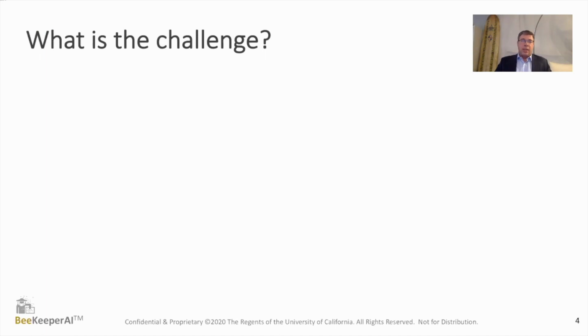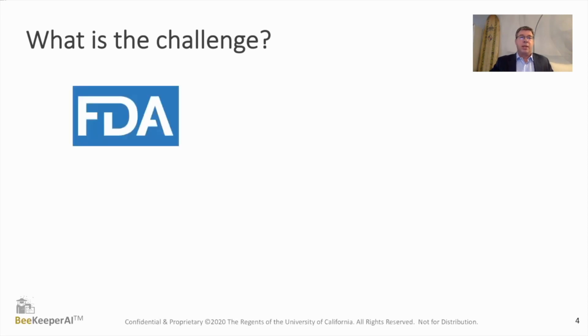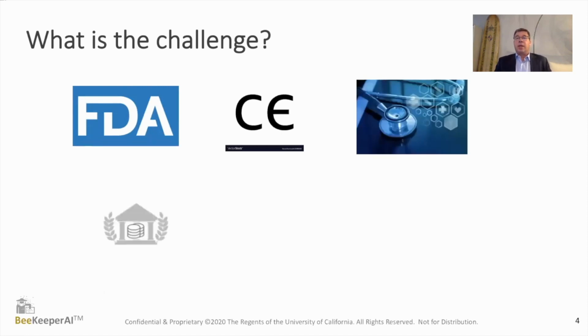So why is access to data a challenge? Well, first of all, why do we need the data? If we've developed an algorithm, and we want it to be cleared by the FDA or get a CE mark or even get acceptance from the medical community for its use as a real valid healthcare AI, we need data. We need a diverse data set that can handle all the different variations that can come up in real clinical practice. So we need not just one data set, not just two data sets,